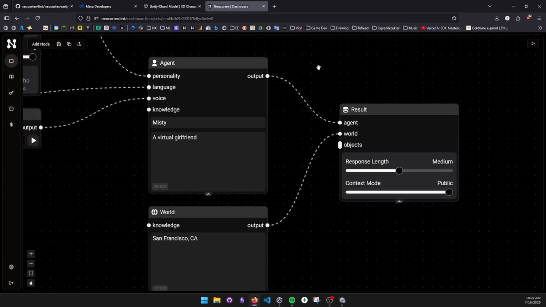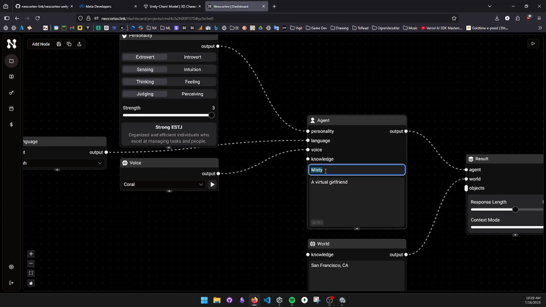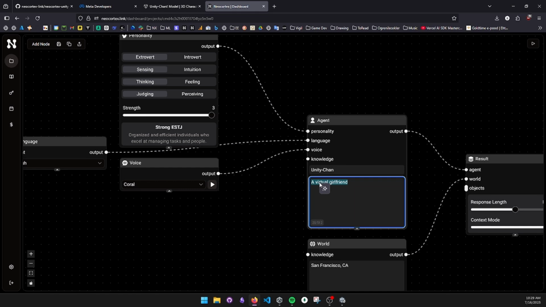Response length is medium. So let's call her UnityChan again. And what are the background and details of this character? So she is a virtual girlfriend who likes to, so we have a nice girlfriend, all right, likes to cuddle, hug, and be nice to the